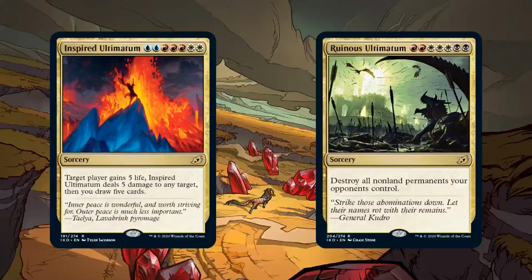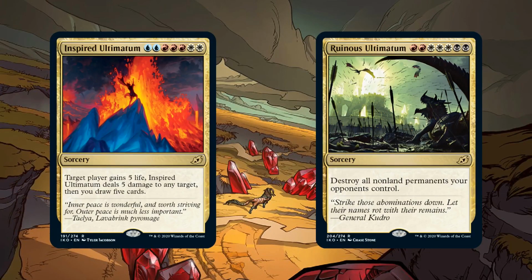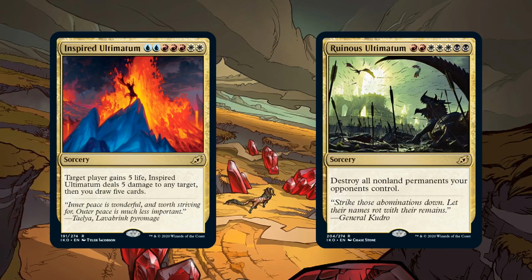And here we actually have 2 cards. So on each of our individual lists, we had an Ultimatum at number 7, but we each had a different Ultimatum. And you can probably guess which one Crim's is. Crim, why don't you tell us a little bit about your Ultimatum choice, Inspired Ultimatum? Well, I was inspired to choose this one because